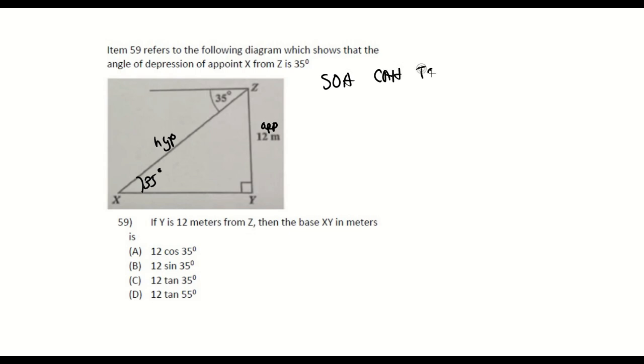SOHCAHTOA, right? I have my hypotenuse, so it can't be tan. Anything with tan would be incorrect. So you're going to use cos or sine. So we have sine 35 is equal to my opposite, which is 12 over my hypotenuse. If I want to make the hypotenuse my subject,